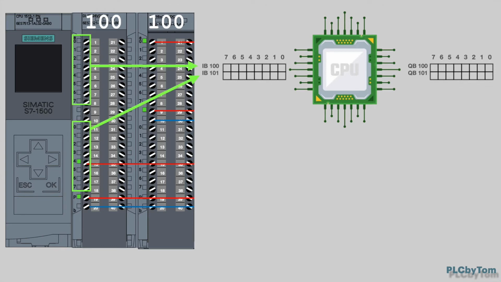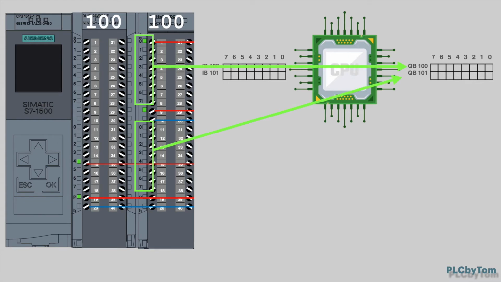First 8 channels occupy byte 100, and the second 8 channels occupy byte 101. One input or output module must have a unique address. In this example, in case of having another digital input module, the first free address that can be assigned is